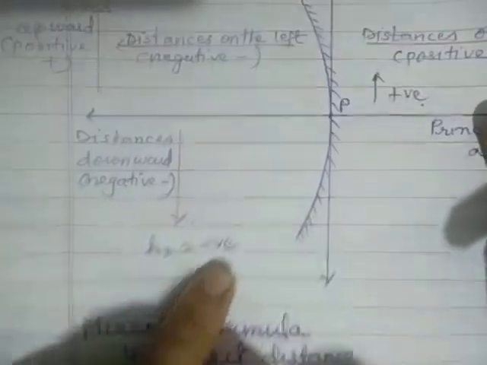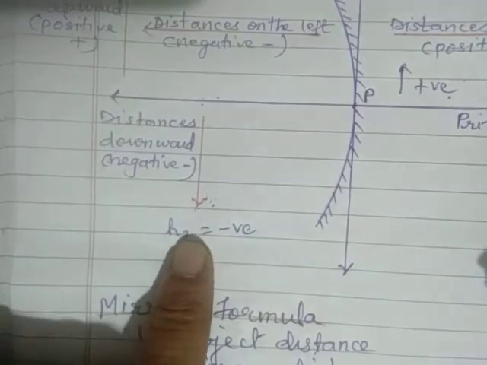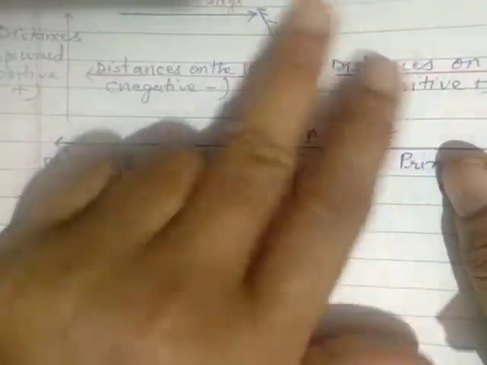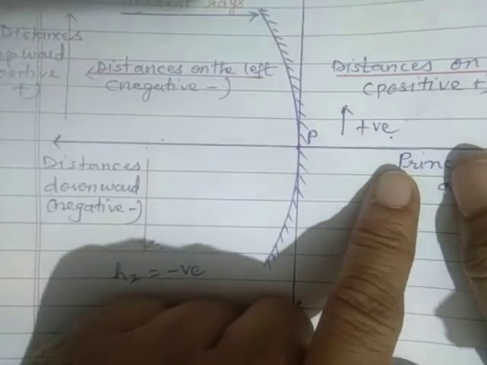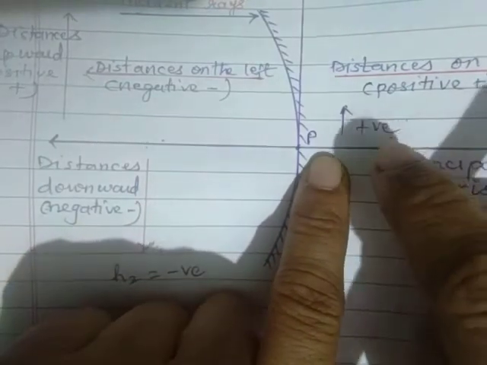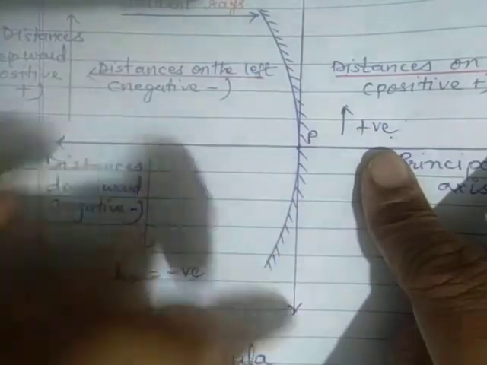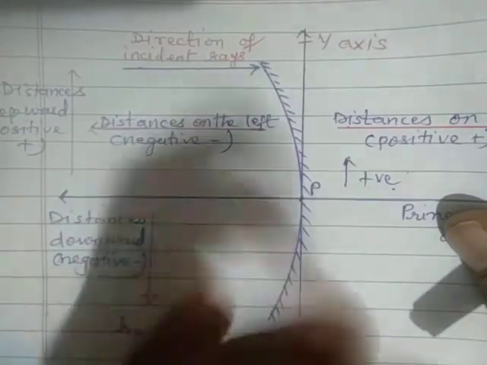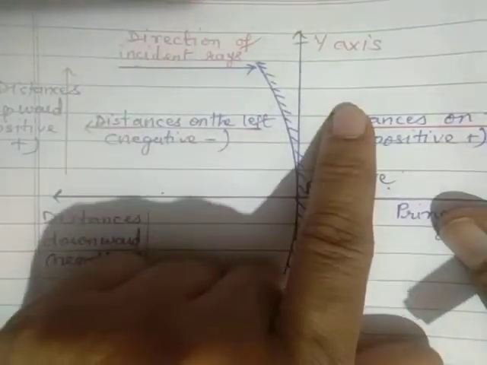But otherwise, for all the other distances of the object, the image is always real and inverted. At that time we will take it as negative, in the case of concave mirror. Whereas in the case of convex mirror, the image is always formed behind the mirror. In that case, the image height will always be taken as positive. So for convex mirror, image is positive, and even the object distance is positive. Whereas for concave mirror, object distance is positive, and image distance can be either negative or positive, depending upon whether it is a real image or a virtual image.